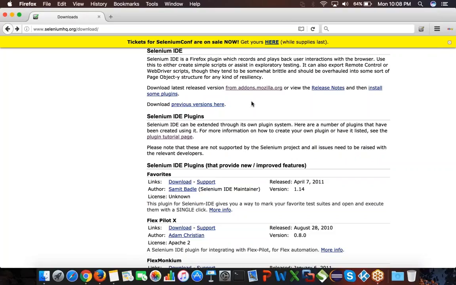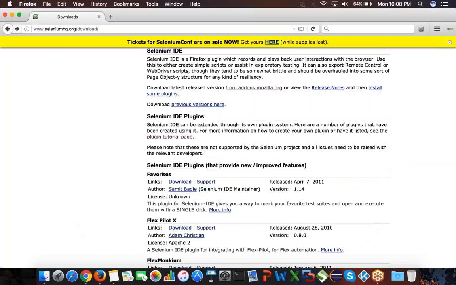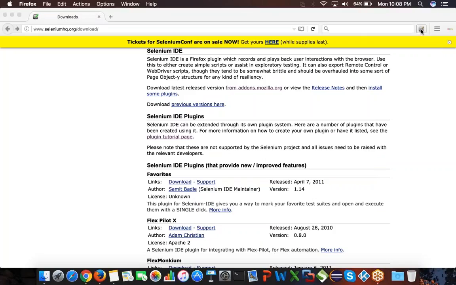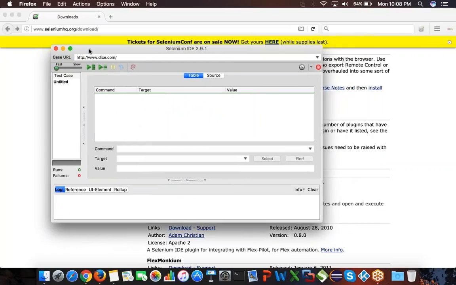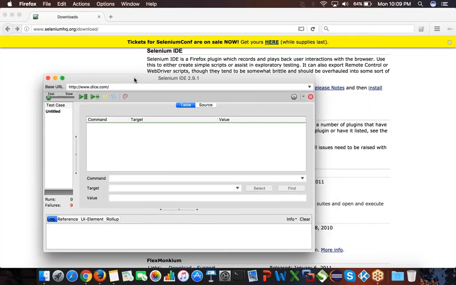When I say a plugin, it will get installed like your ad blocker. Firefox ad blocker, you open Firefox and add an ad blocker, right? In the same way, Selenium IDE is also a plugin. When you open Firefox, it's like a tool that comes up on the side. If you see here on the side, I got a tool. The name of the tool is Selenium IDE. If I click on the tool, I see Selenium IDE 2.9.1, which is already installed on my computer, and which is now working.